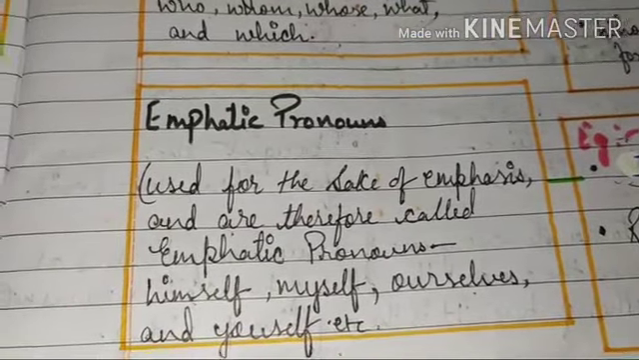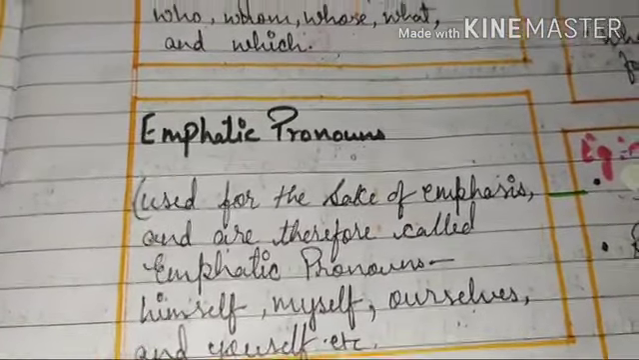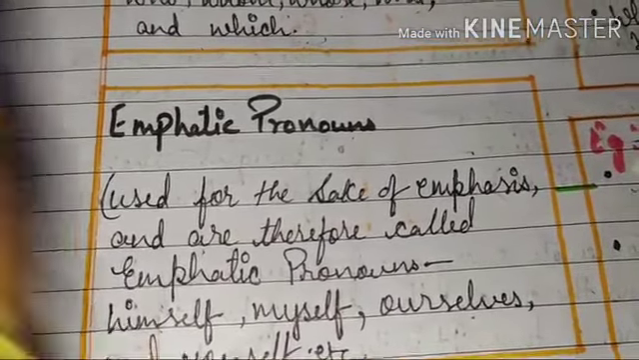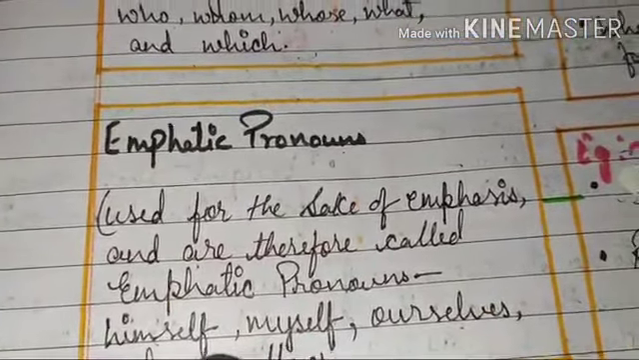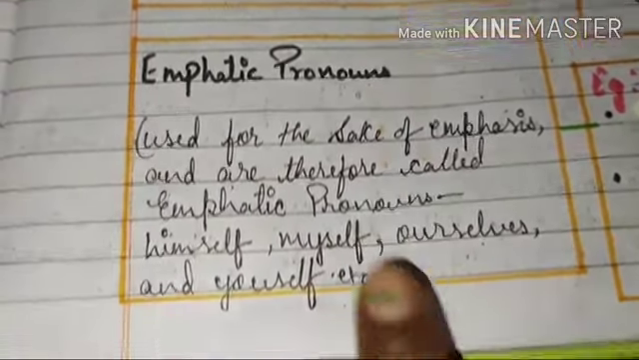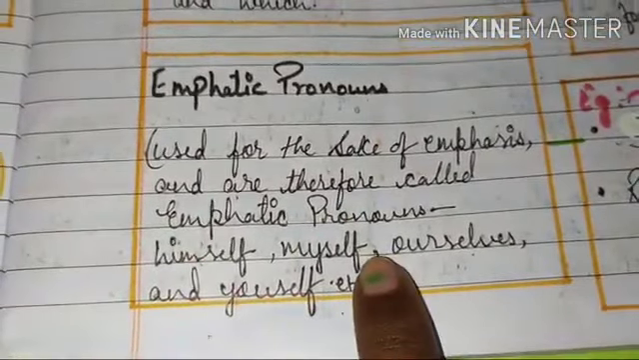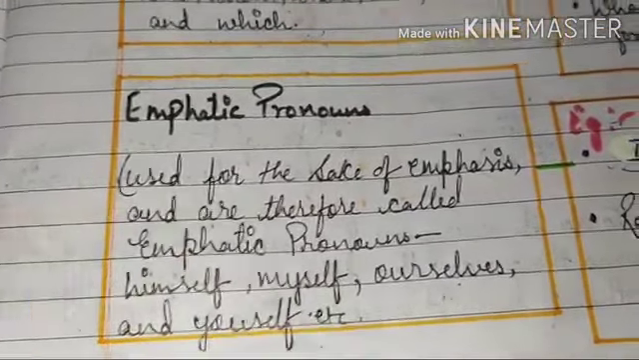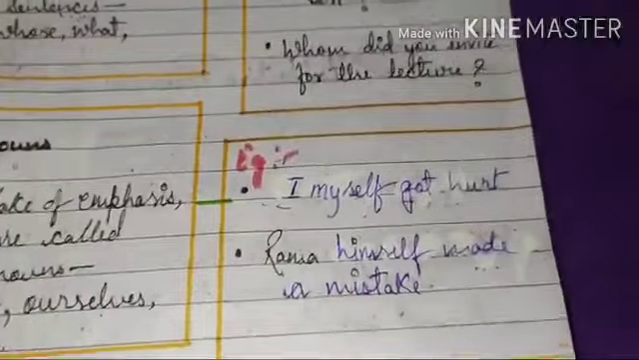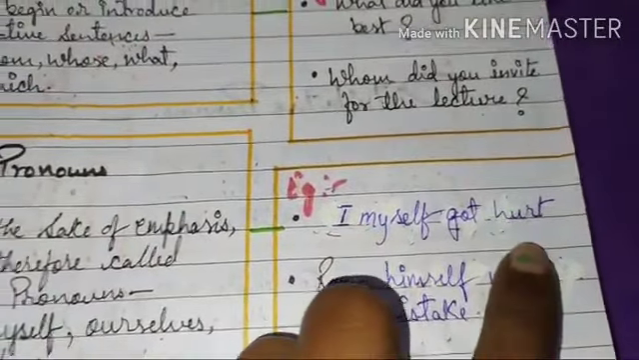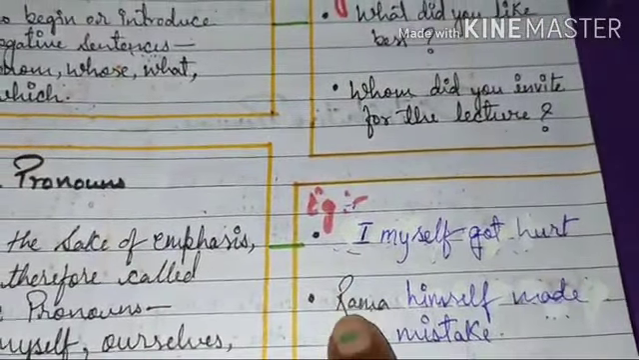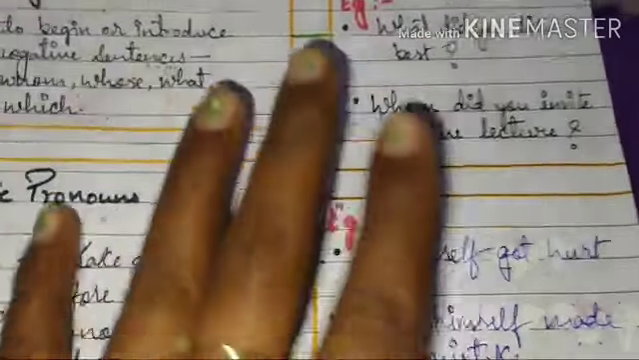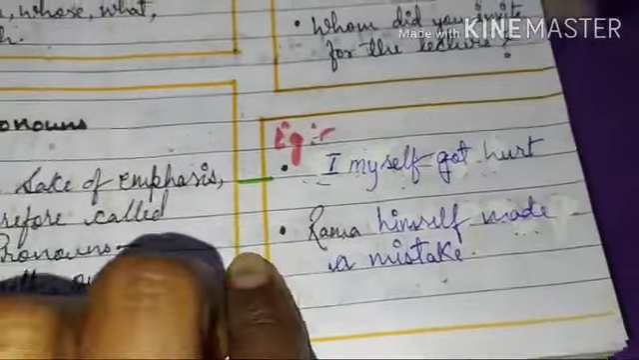Next we have emphatic pronouns. Emphatic pronouns are used for the sake of emphasis and are therefore called emphatic pronouns, like himself, myself, ourselves and yourself. Example, I myself got hurt. Rama himself made a mistake. Here you can see that